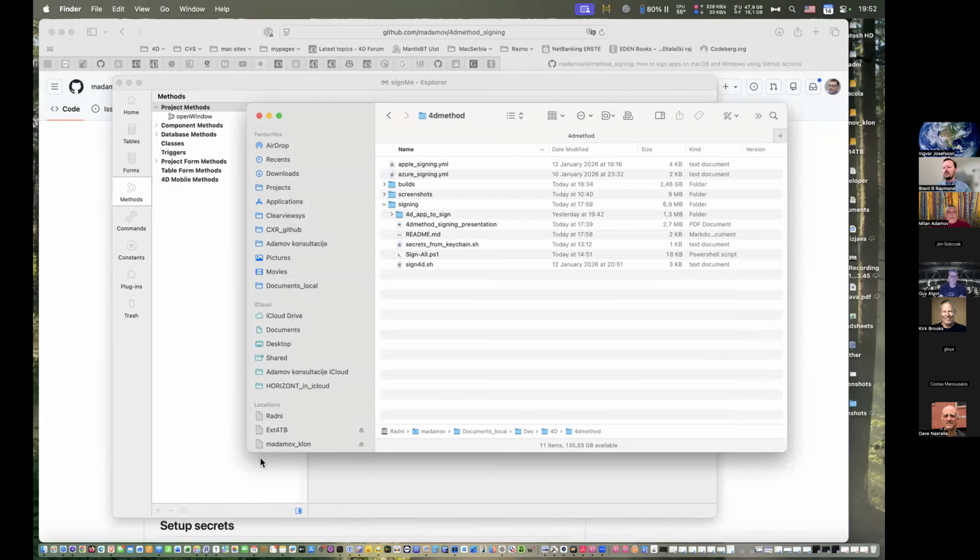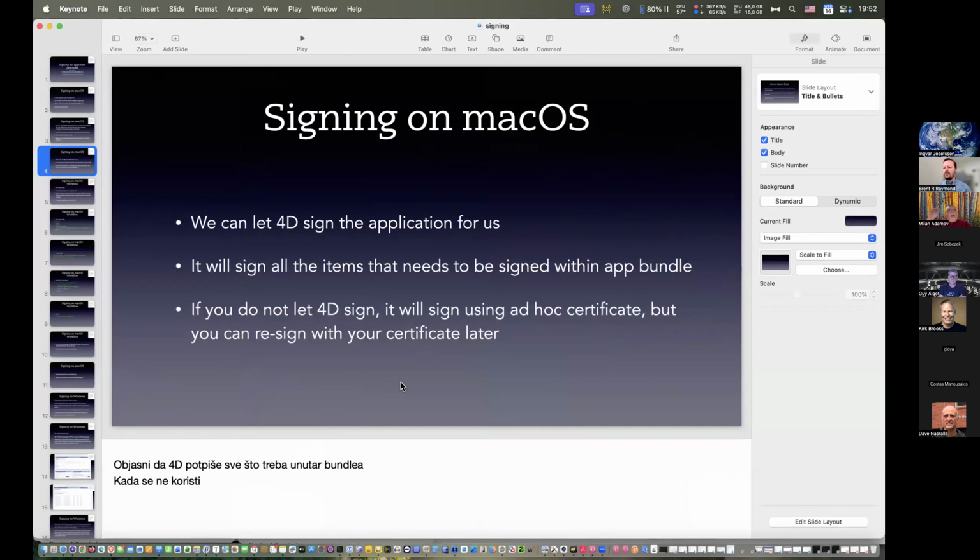How do you, let's say, sign? Well, first, why would you need to sign manually? I had a situation in our application with ClearUSys that after the build, we have to put things like a web folder, which contains JavaScript files. macOS requires them to be signed also.